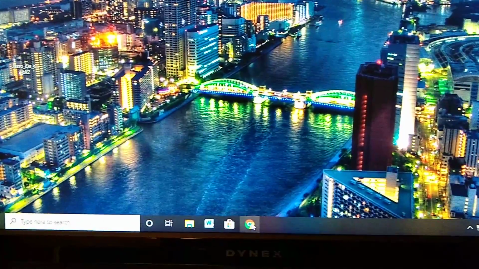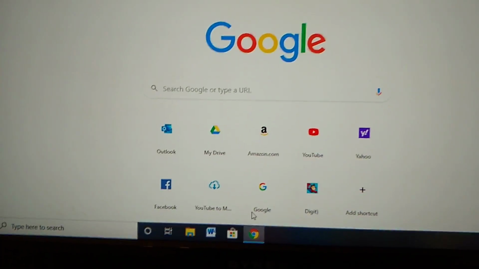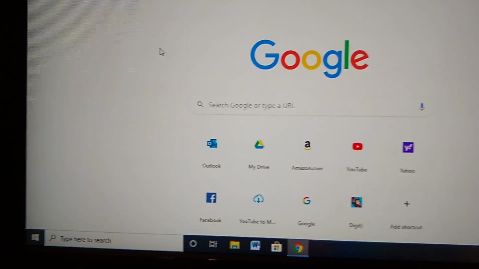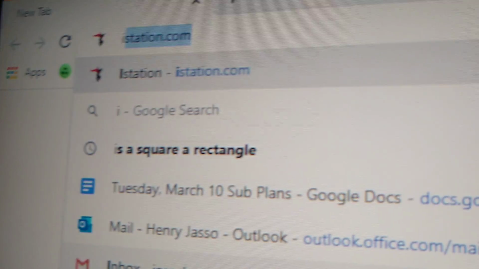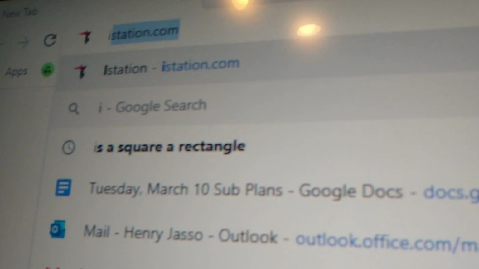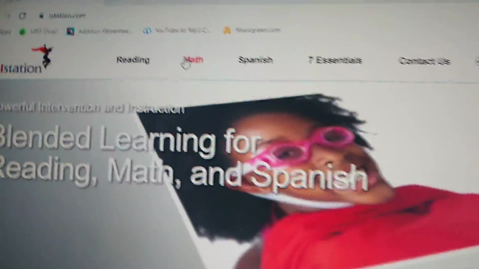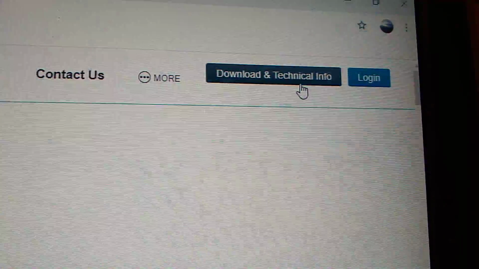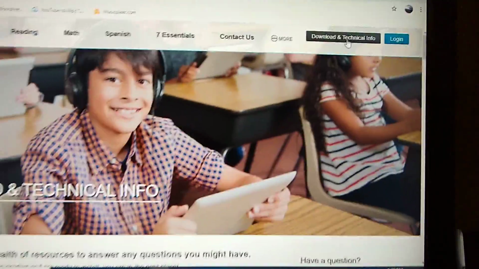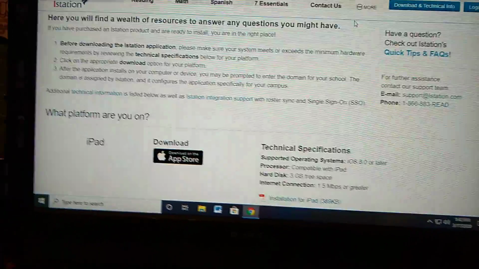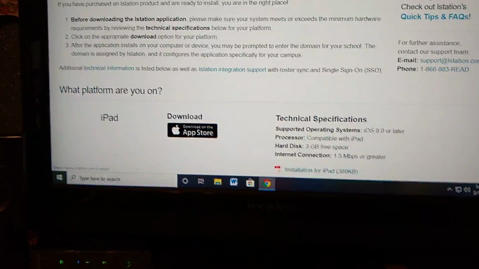Alright, here we go. You're going to use your web browser, whatever web browser you use, and go to the website, iStation.com. Whenever you type in iStation.com, just go directly to that website, and you need to download the program. So you're going to go here to where it says download and technical info. Scroll down after you click that, and here you're going to see